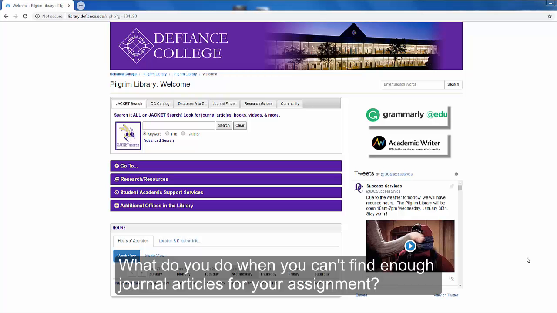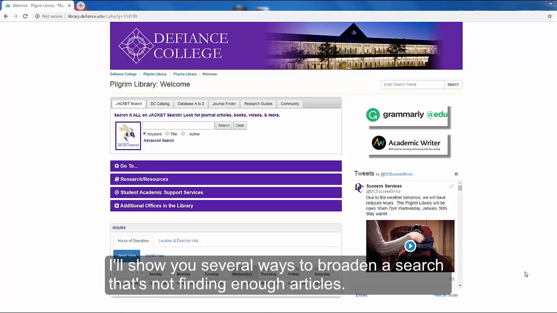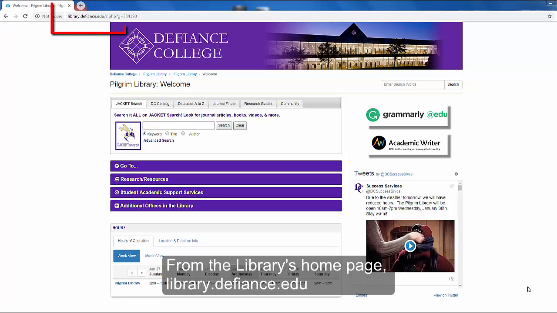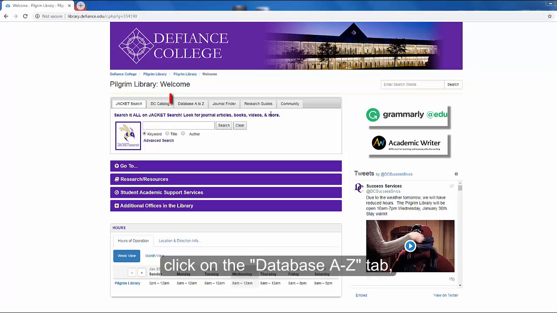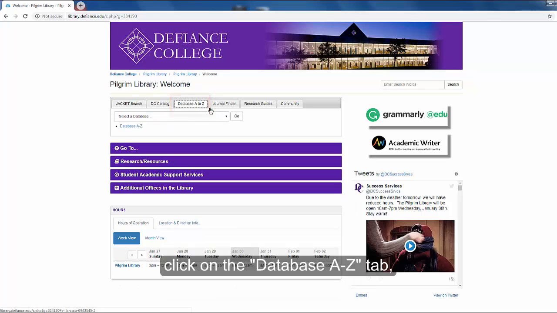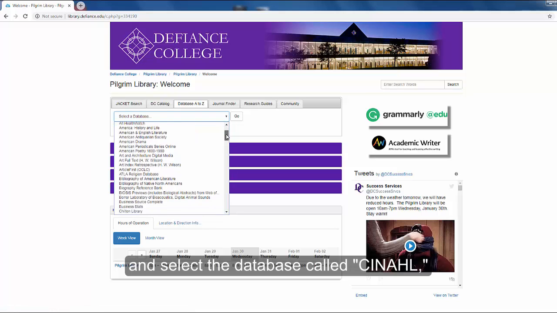What do you do when you can't find enough journal articles for your assignment? I'll show you several ways to broaden a search that's not finding enough articles. From the library's homepage, library.defiance.edu, click on the Database A to Z tab and select the database called CINAHL